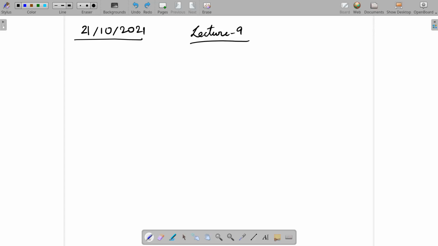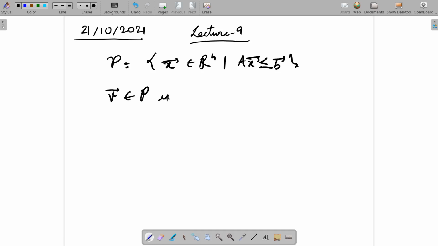In the previous lecture, we gave a computationally amenable form for describing an extreme point of a polyhedron, and this is how we did it. Suppose we have P, which is defined by a certain bunch of linear inequalities: x in Rn such that Ax ≤ b. In that case, any point V in P is an extreme point of P